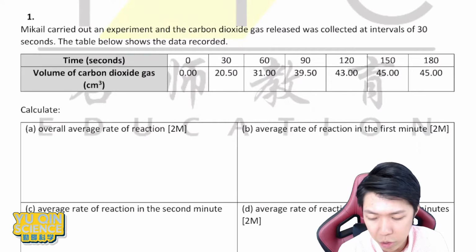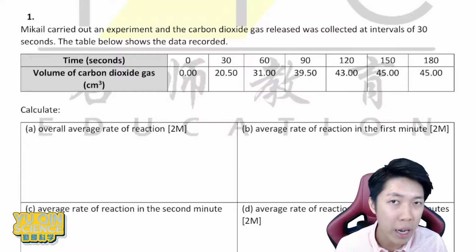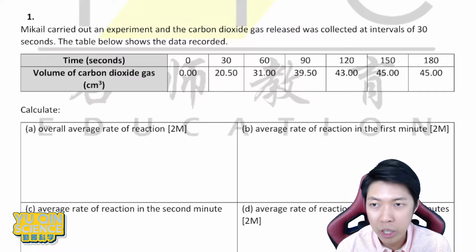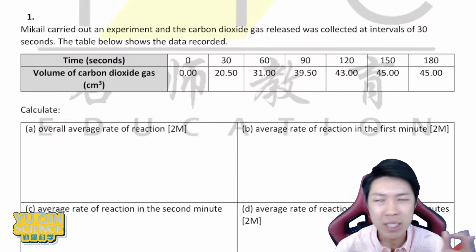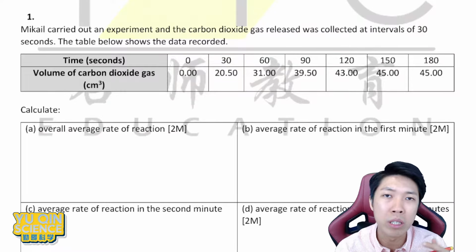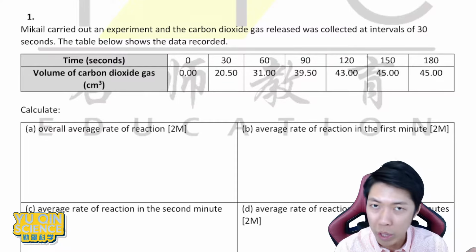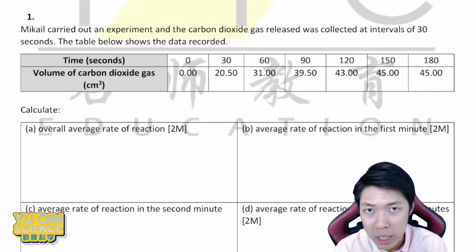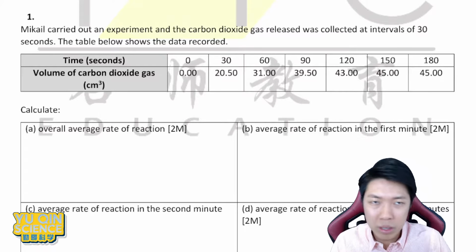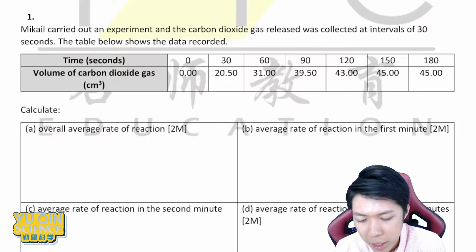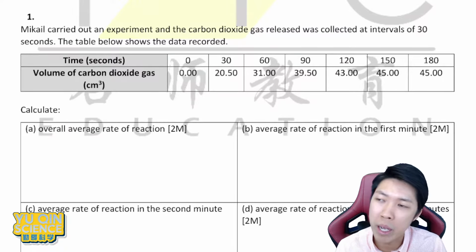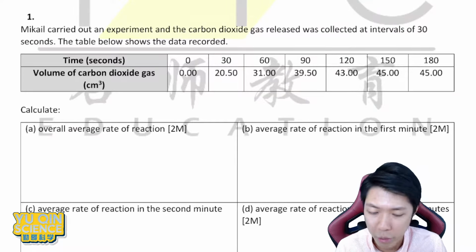Maybe we will get straight into some exercises to try out. Usually in a question, you don't really have to bother about what reaction that is. Doesn't matter. This topic just wants you to focus on how to do the calculation, how to find the rate. Everything happens with a rate. So if you read something that you're not too sure what is happening, never mind. You are just looking for the rate. For instance,